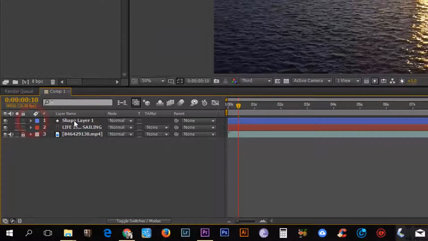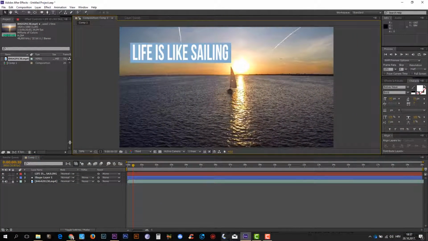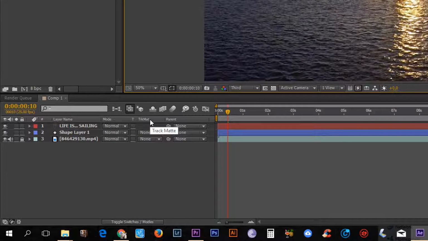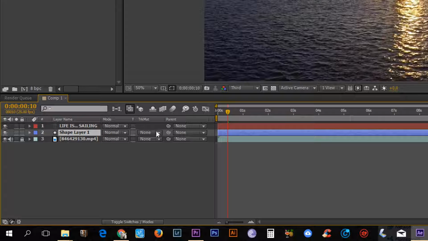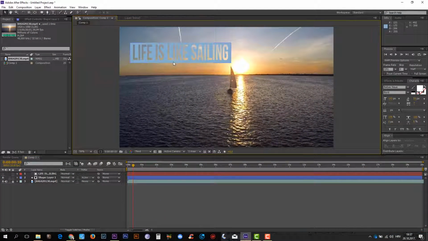And as you can see, my shape layer is above the text layer, so we can see the text. So let's change that. Let's put the text layer above. Okay, it's like this. And now all you need to do is, under the track mat here, under the shape layer, instead of none, just click on the alpha inverted mat. And boom, you just created transparent text. So that's it. This tutorial can end here, but I will continue with adding some more text and